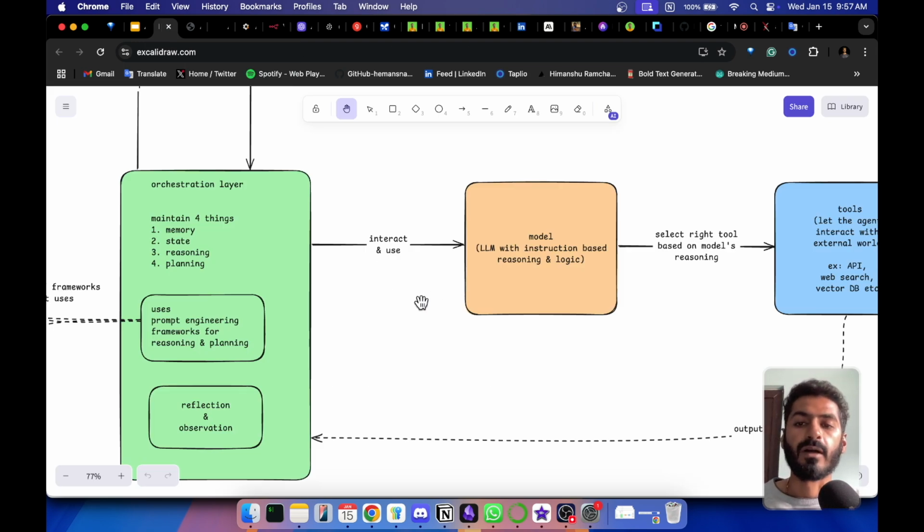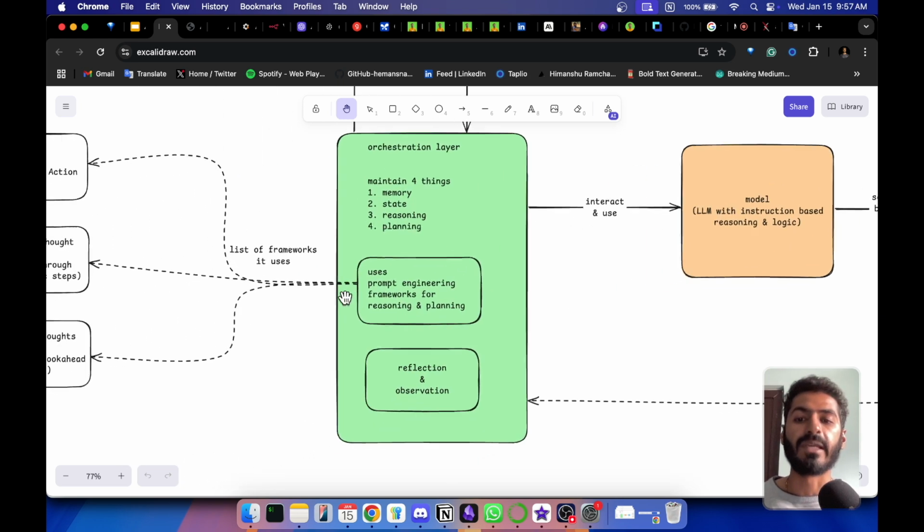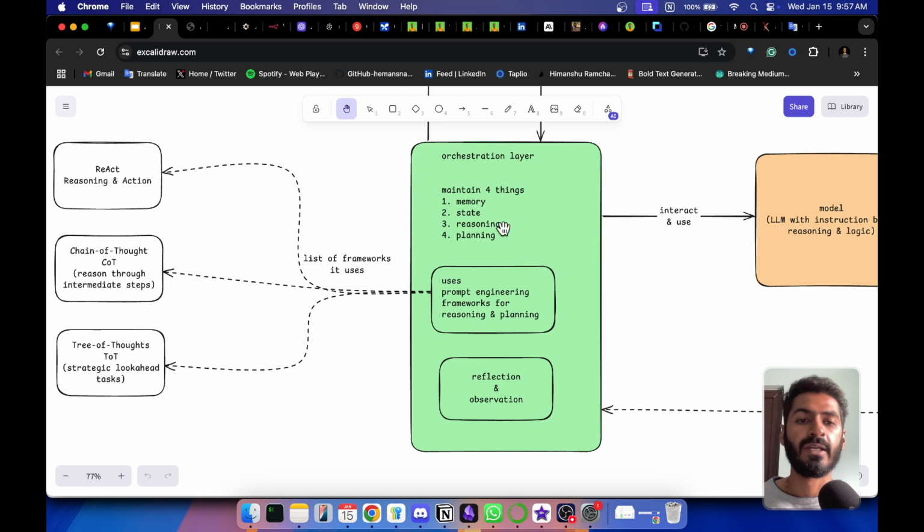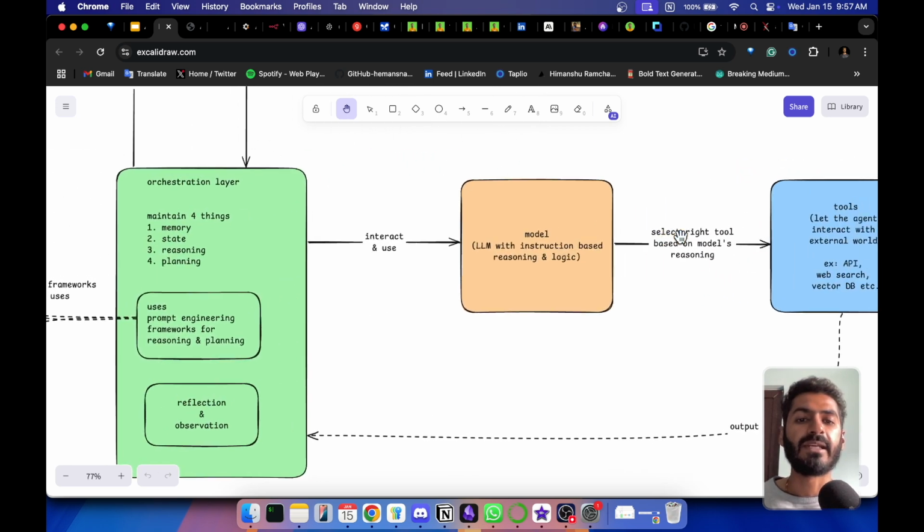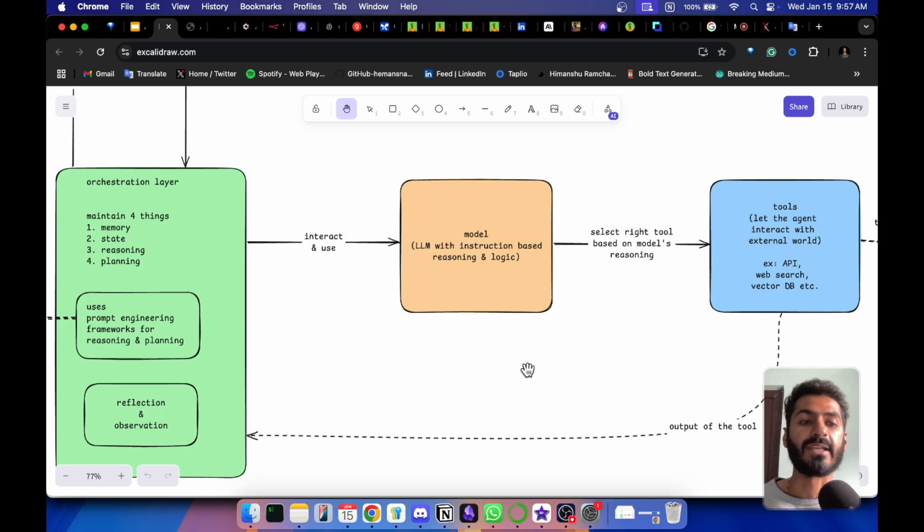Now, the model is nothing but your LLM. The LLM will help you create or understand the English language. It is going to understand or reason things based on the logic it is creating, or based on the frameworks we are using. So the model is ultimately helping you make a decision or extract something from the text data. If I gave you the instruction to schedule a webinar for all my students on Google Meet at this particular time,